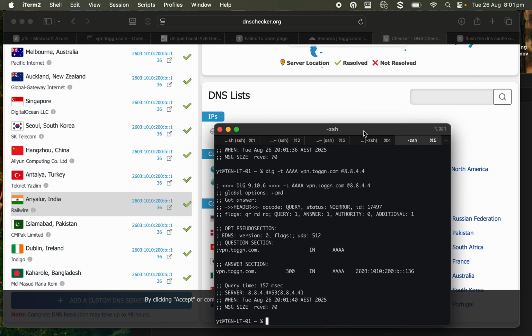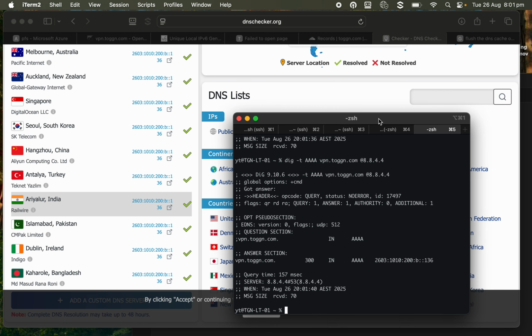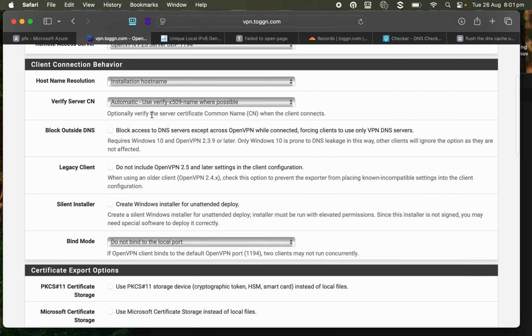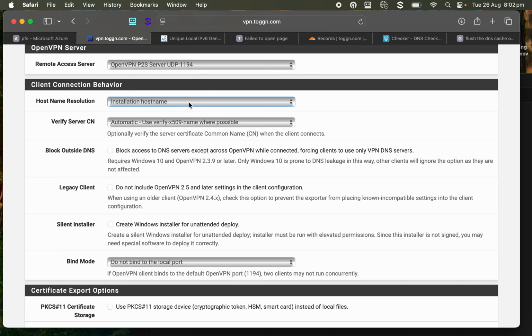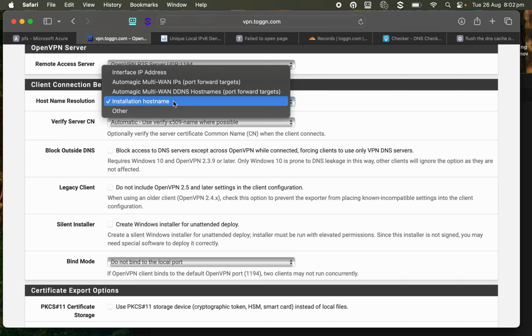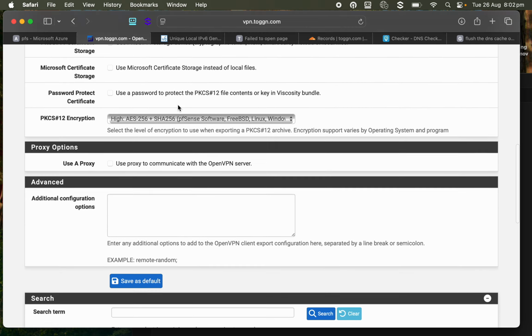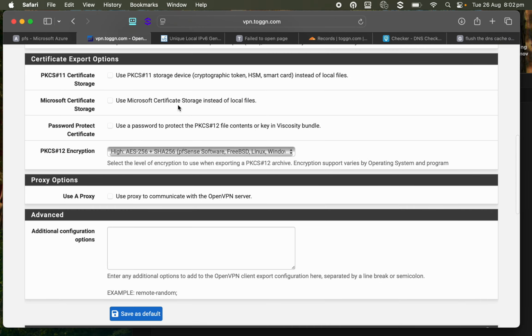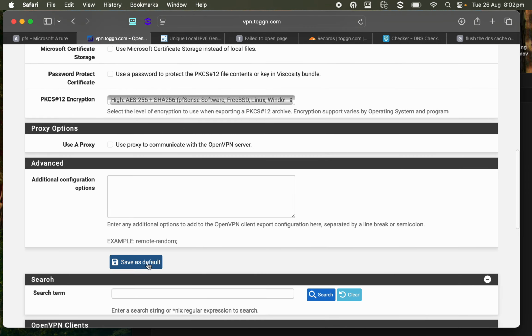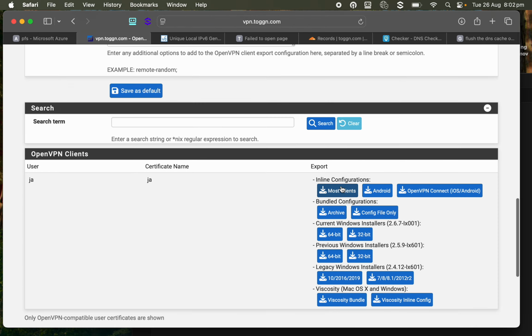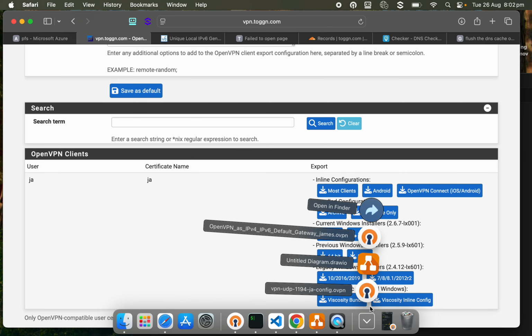All right, so we have a client export utility here, and the installation hostname may or may not work in this case, but we might need to edit that in a minute. Now we've got everything set, these as the defaults. To set that again to the right thing, so I'm just going to choose most clients and allow, and I'm going to open